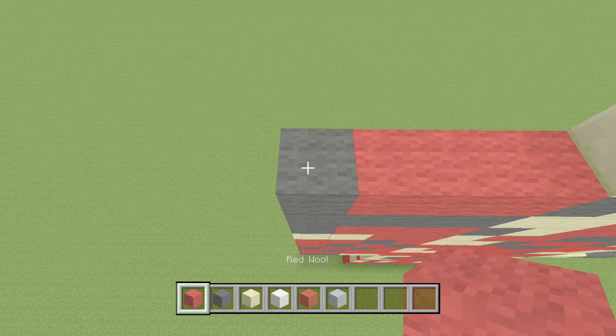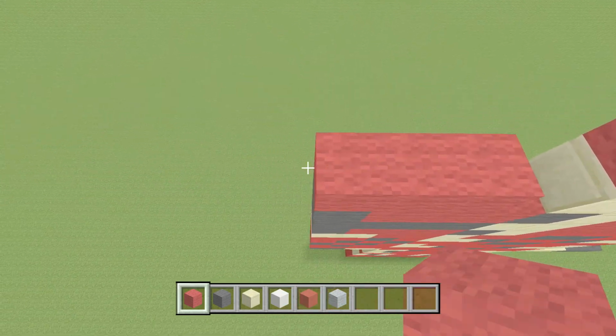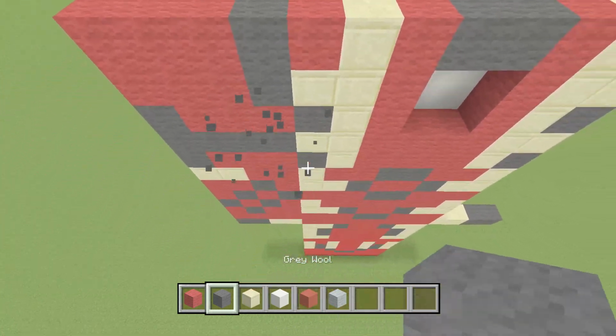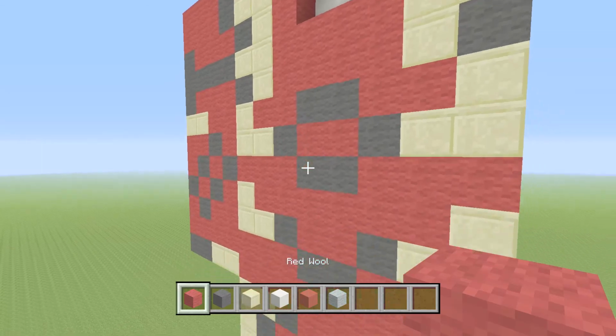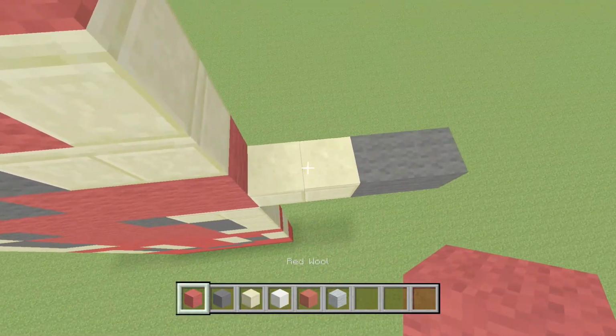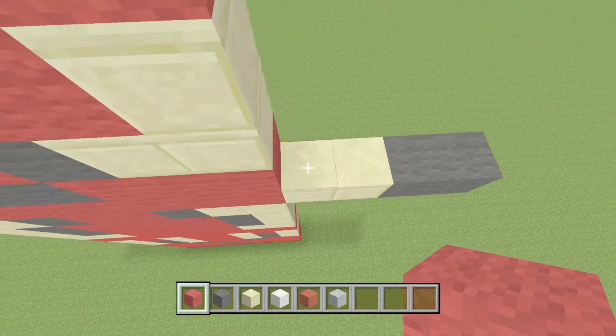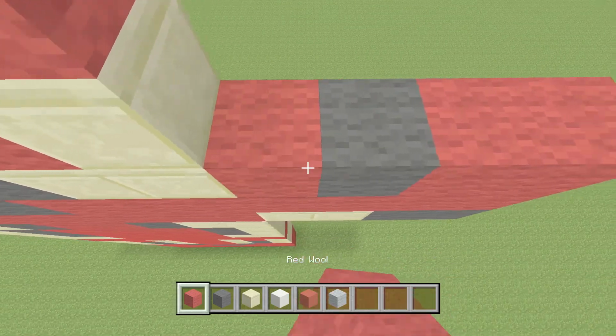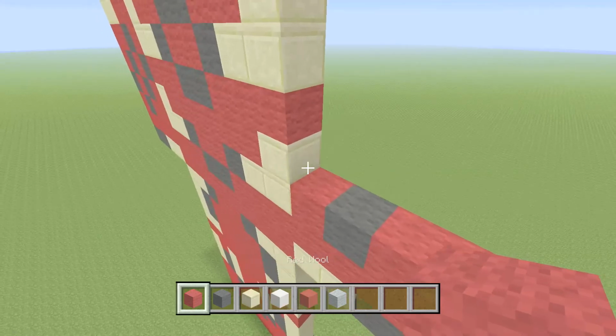And then it is 3 red wool, 3 red wool, and these 2 you missed out, just place grey wool in there. You want to do that on the other arm, so I'll do it from right to left apart from the first row. So red wool, then it's 2 red wool, grey wool, red wool, then it is